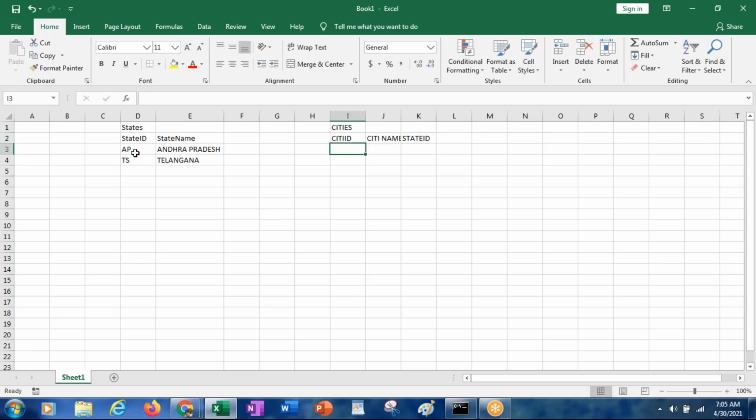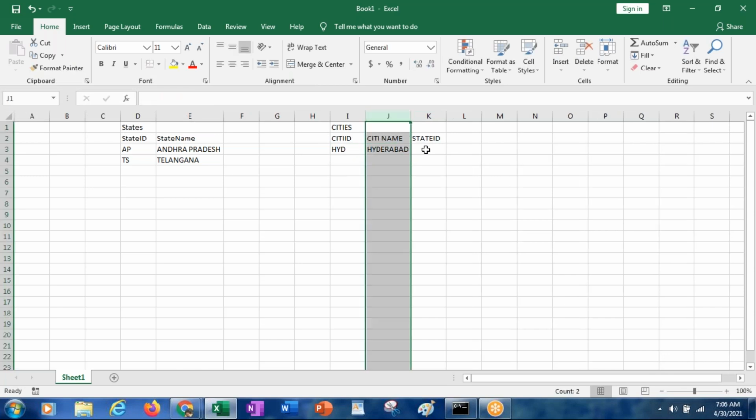Here in the states table, the state ID is the primary key. In the cities table, city ID is the primary key. So here city ID, if we give HID, Hyderabad, we have to give the state ID. This city belongs to which state? Telangana. This Telangana state ID is what? TS.